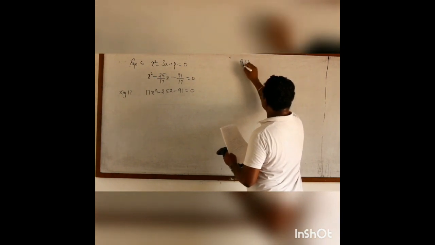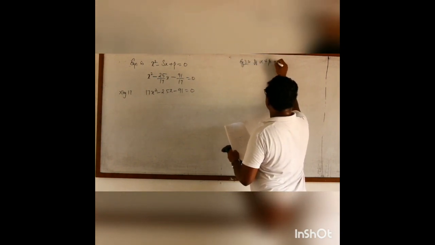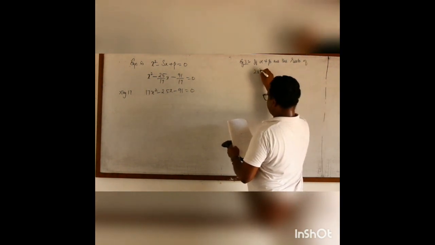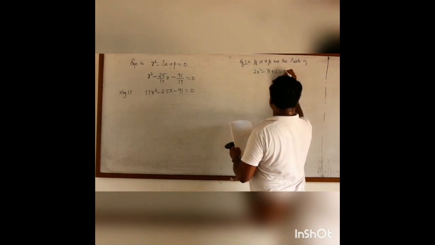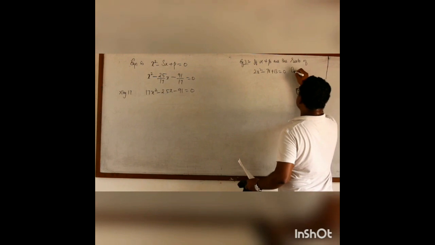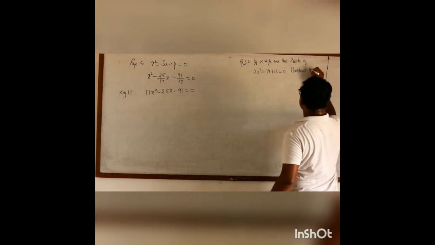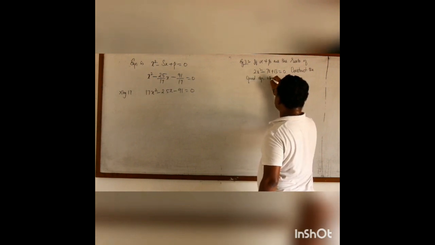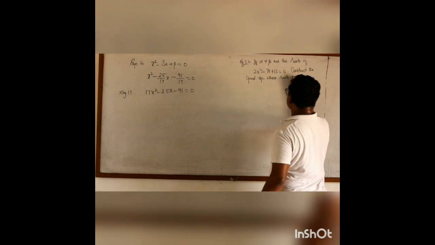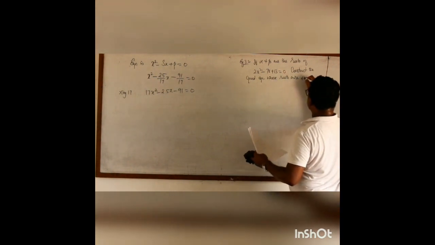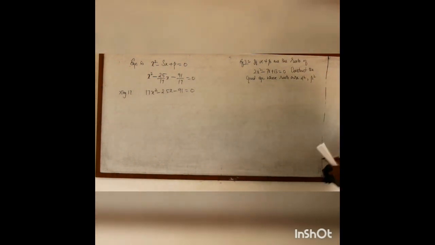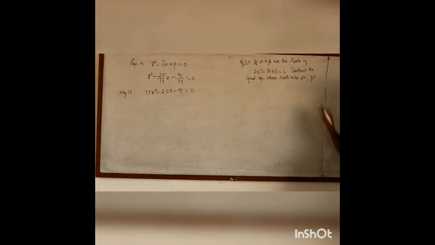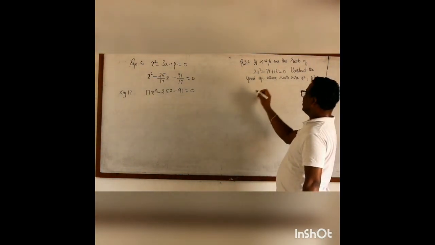Now we shall go to example 3.2. If alpha and beta are the roots of 2x square minus 7x plus 13 equal to 0, construct the quadratic equation whose roots are alpha square, beta square. So, if alpha and beta are the roots of this equation, then what is the equation if the roots are alpha square and beta square? That we have to find out. So, given